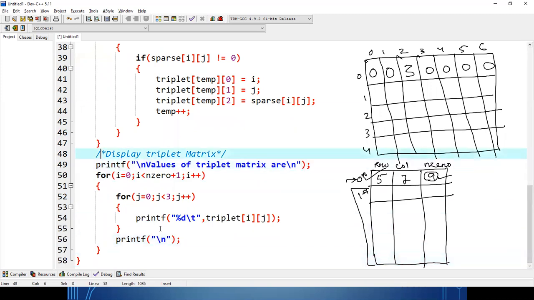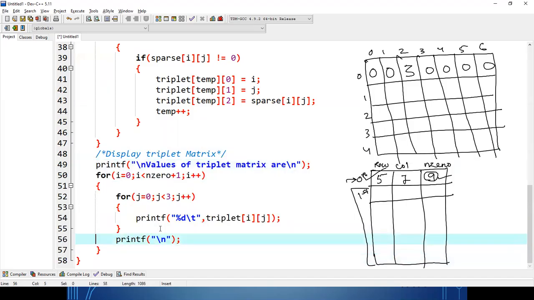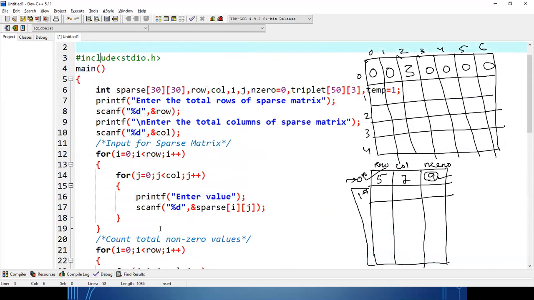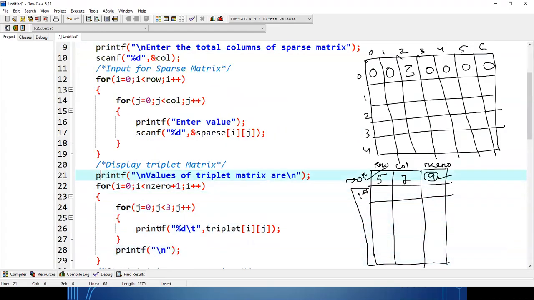Similarly, before conversion, I want to display the values of the sparse matrix. So once the input is over, I want to display the original matrix.